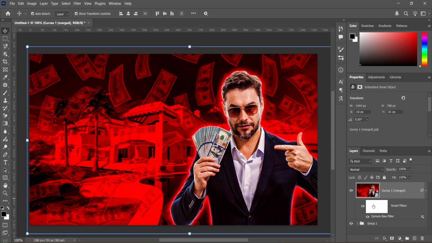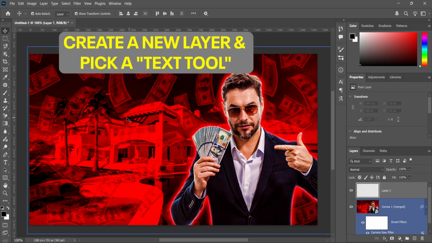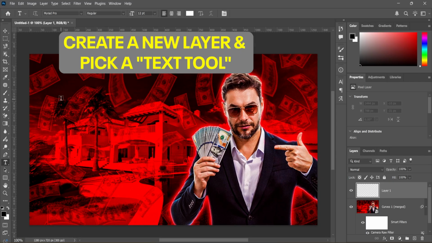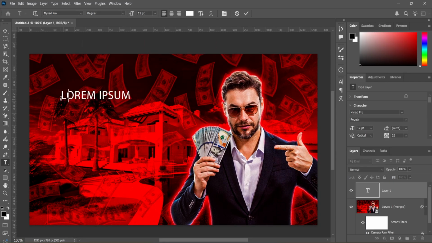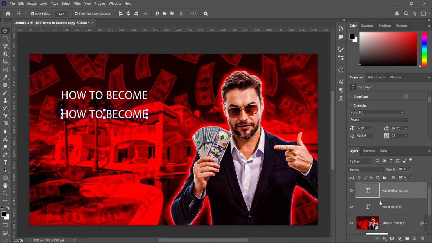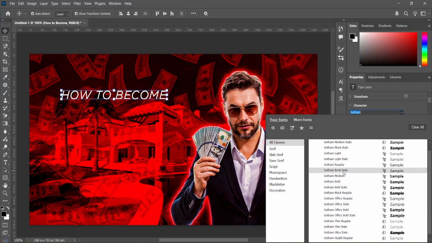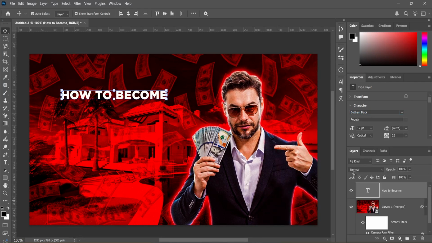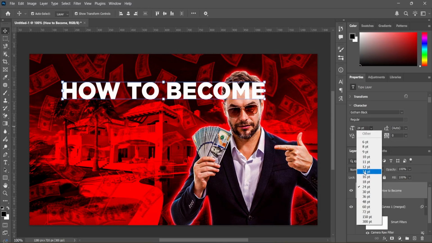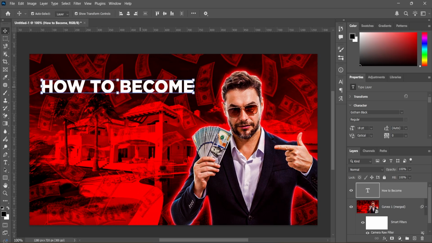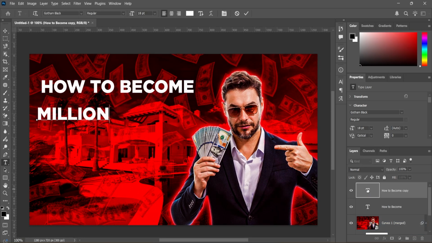Now it's time to add the text. Create a new layer and pick a text tool and type how to become, and change its font to Gotham Black. Increase the font size to, I think 20 is good enough. Millionaire in early